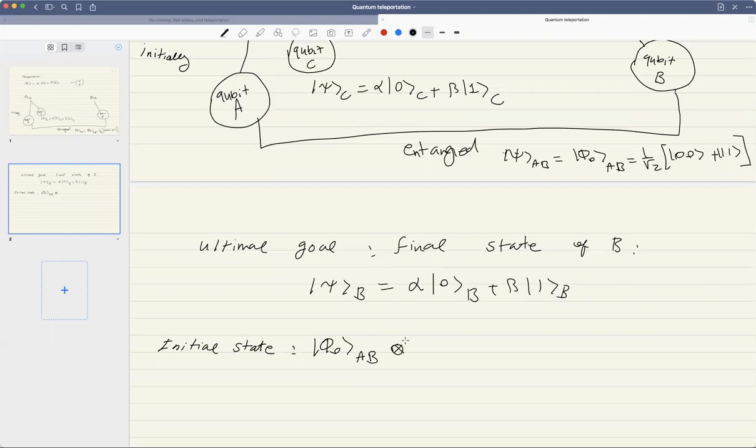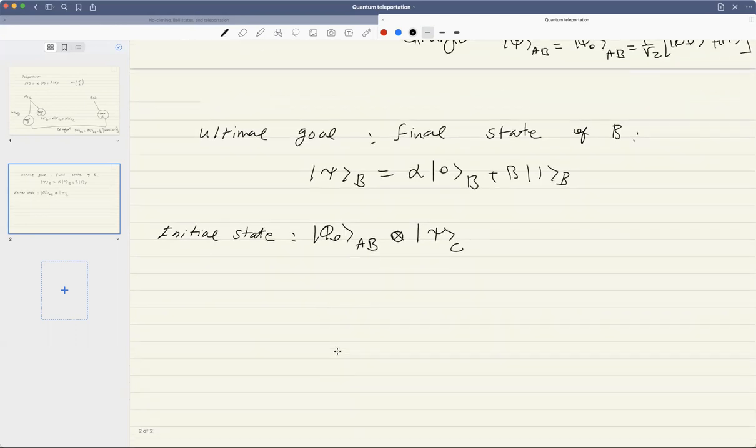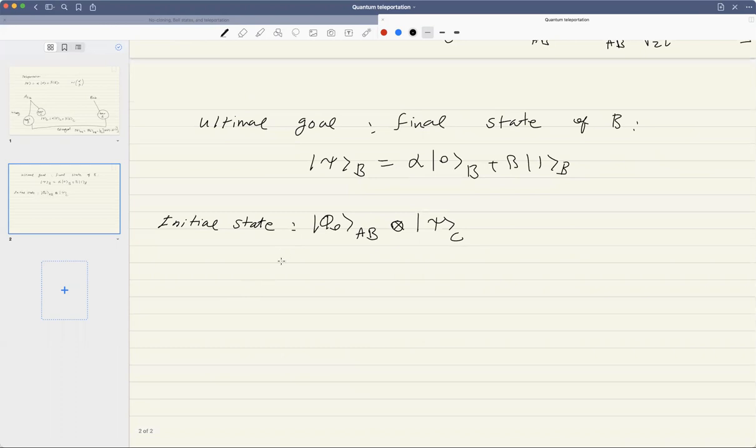And I'm going to tensor that with psi C. This is the state that Alice has in her possession. This is the alpha beta for qubit C. And she wants to send this to Bob. She wants Bob's qubit, this qubit B, to acquire the same state at the end of the process. All right, so if I do this tensor multiplication, let's write this